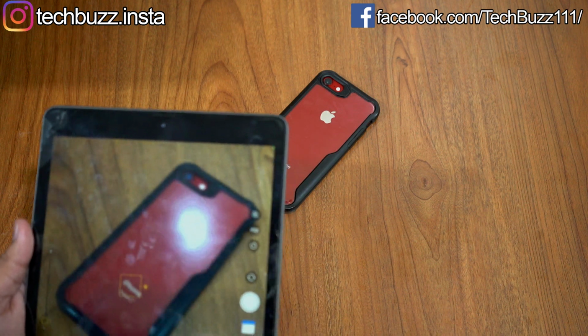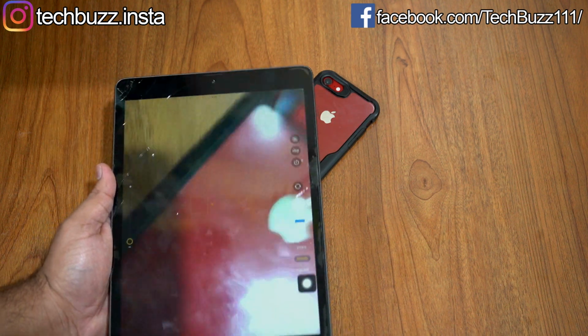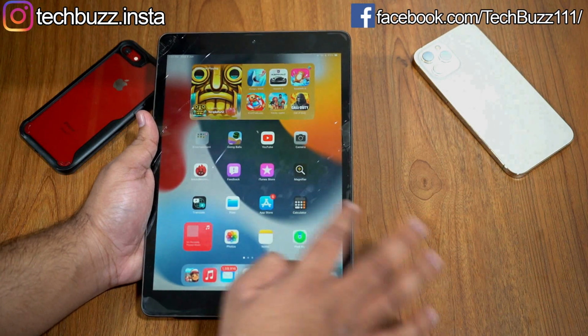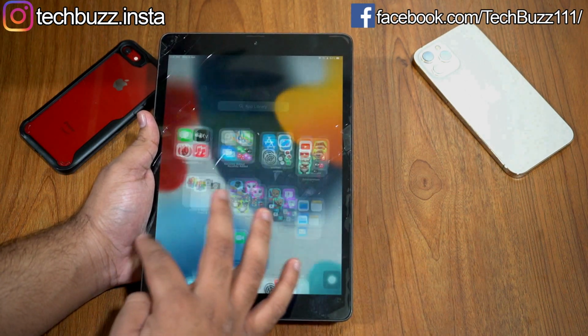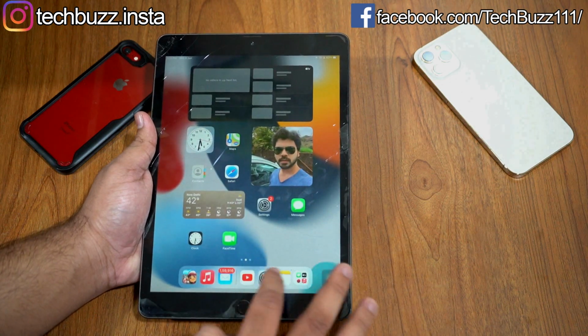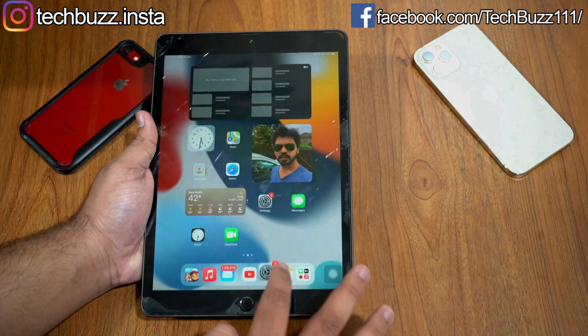So that was all about iPadOS 15, and you can try out this iPadOS 15 beta version on your iPad right now if you don't want to wait till September. As for performance, iPad 7 works flawlessly on iPadOS 15 and you won't notice any slowdown, and